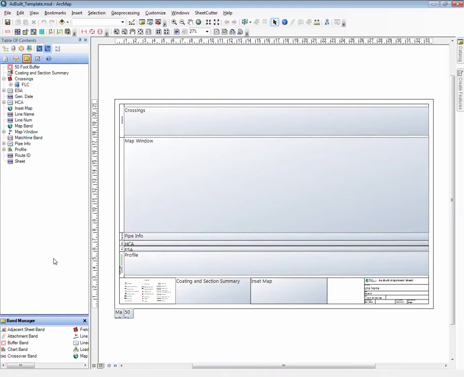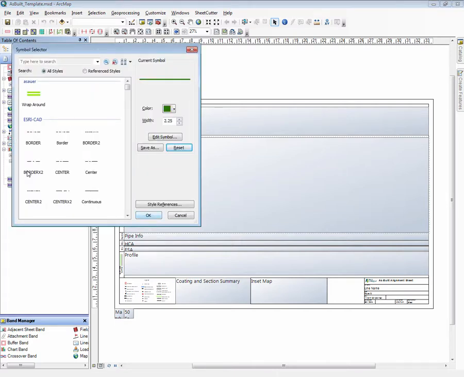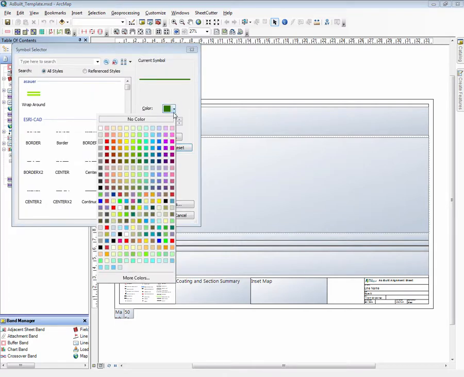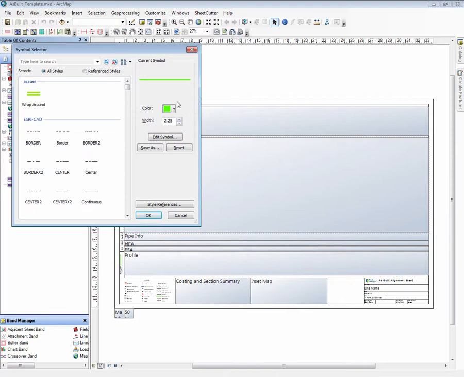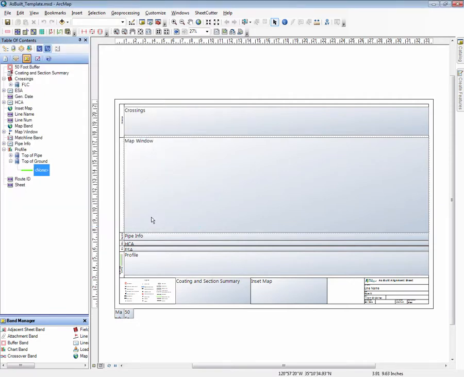The easiest one to do is that color change. In my profile band, I'm referencing both top of pipe and top of ground. Right there is the color for top of ground, so I will double click it and pick a new symbol. What I'll do is just change the green. In fact, I think I'll go a little bit brighter just so we can see the difference on the final product. So I'll change the color, click OK, and save. With that, if I were to run this template again, we would see the top of ground is now a